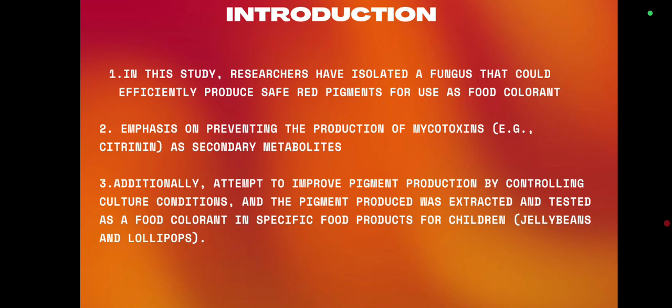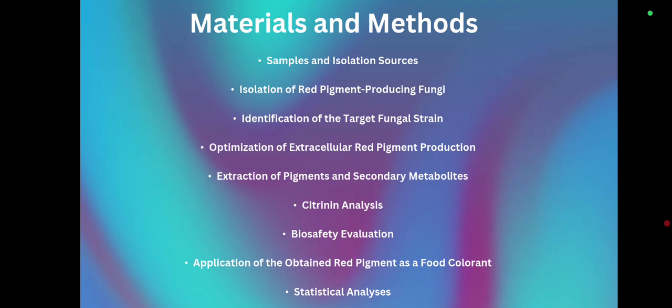Okay, so next we move to another section, which is materials and methods, or sometimes it is also called the methodology section. So here I want you to describe the research design, the materials which are used, and the procedure which is used in the study. This section should be concise and focused on the key aspects, step by step,